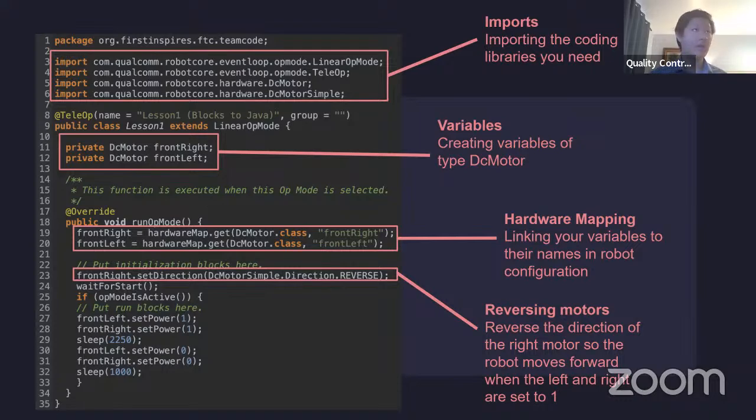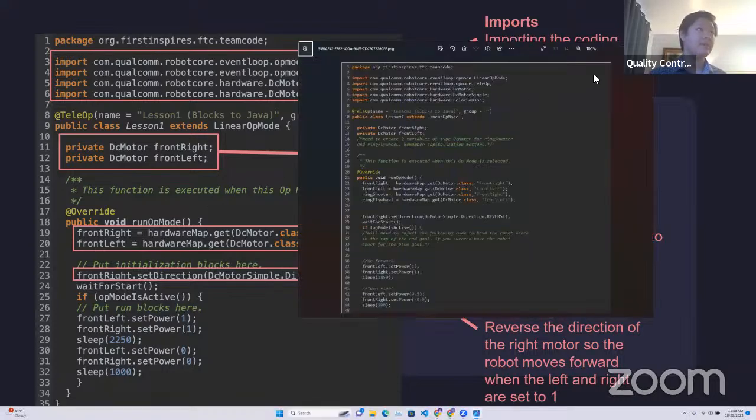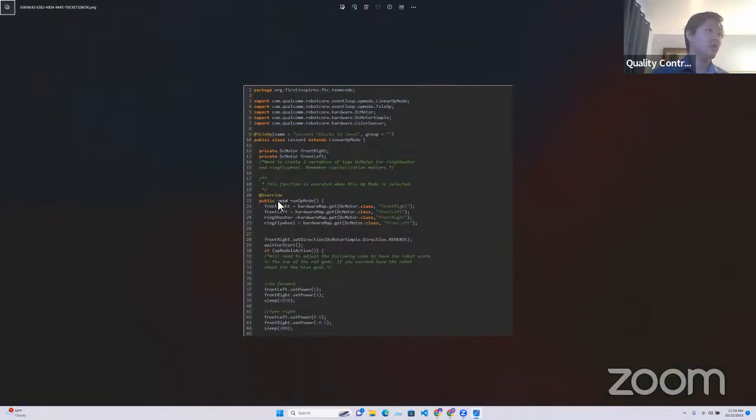The problem in your code is here, let's pull this up so you can see it. Ring shooter is supposed to be mapped to